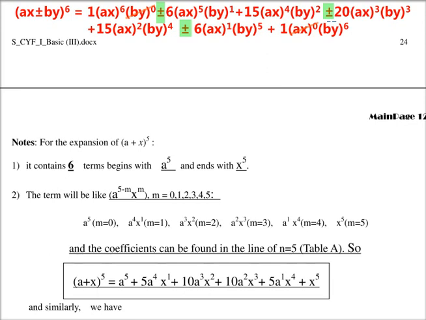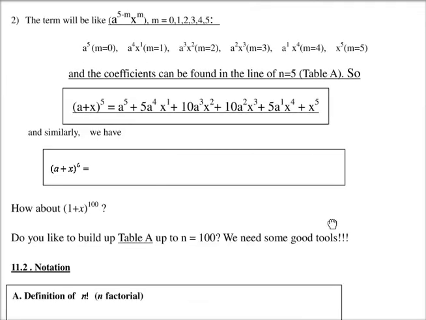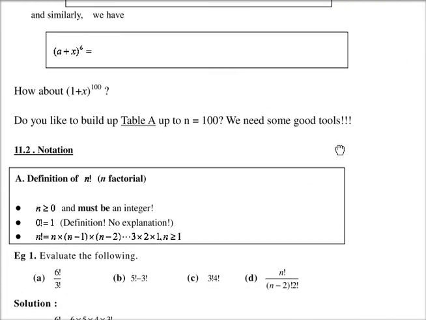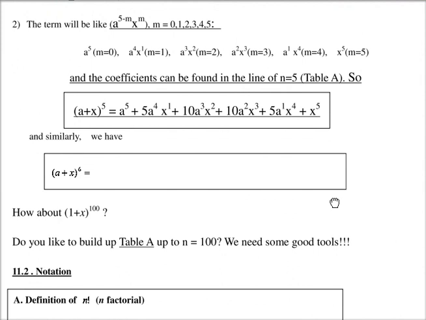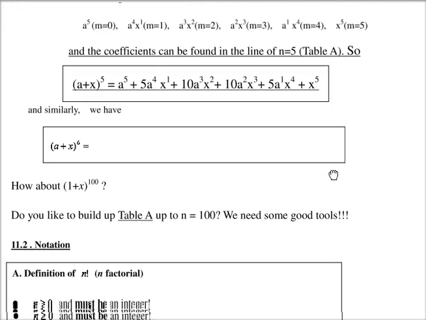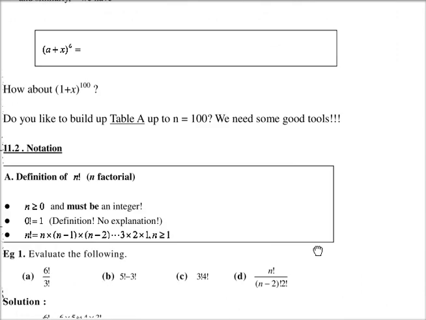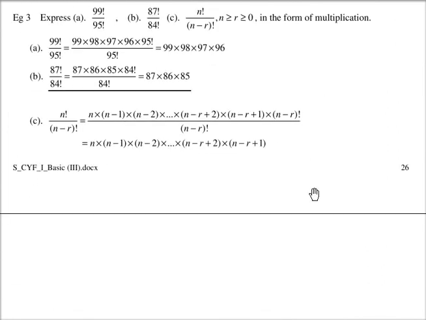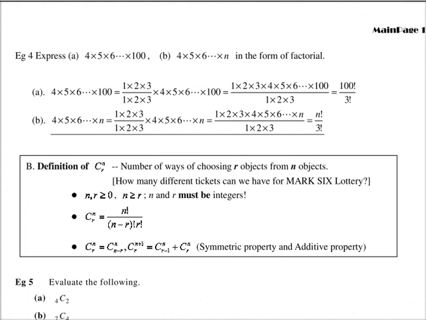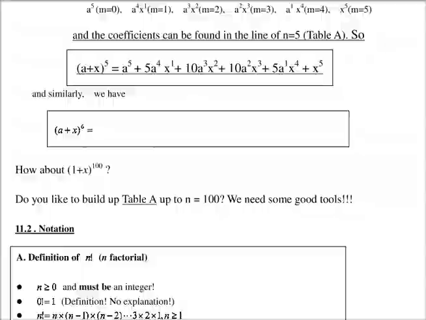Okay, it's okay. 有問題。Okay, but I would like to teach you that if we follow this method,